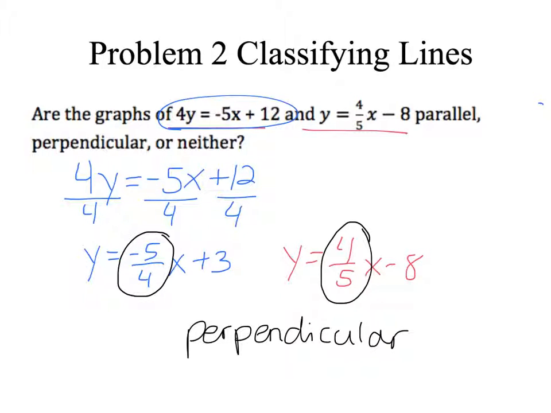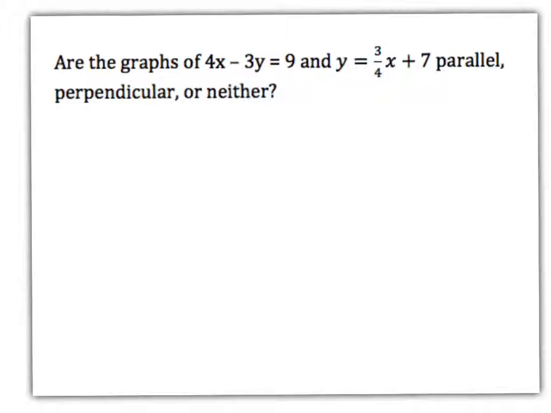Okay, so all you need to do is make sure you figure out the slope of both. A big mistake a lot of people make is they look at that -5. But that's not the slope because that equation wasn't in slope-intercept form yet. Okay, and one more like that: are the graphs of 4x minus 3y equals 9 and y equals 3/4 x plus 7 parallel, perpendicular, or neither? So 4x minus 3y equals 9 is in standard form, because you have x and y on